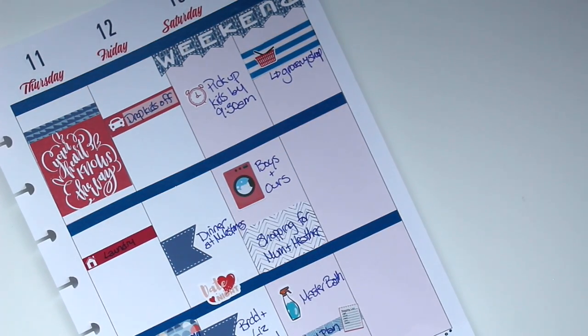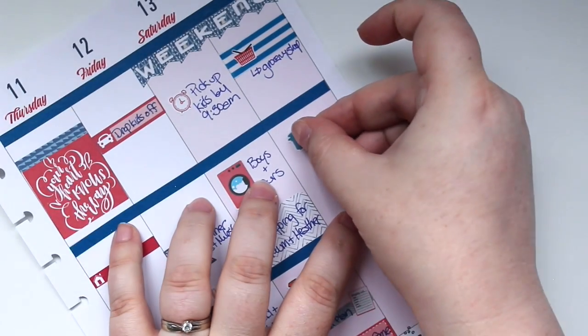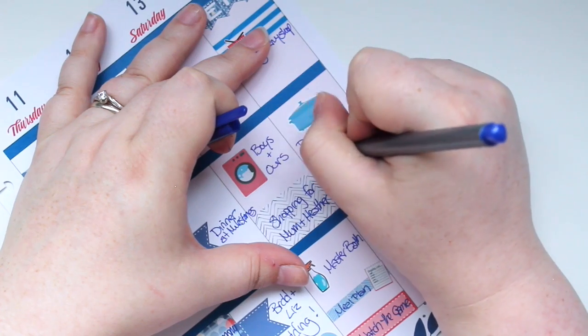And the other reason why I need groceries is that we are hosting my mom and dad for, I guess brunch. It'll be lunch, but we're serving brunch food. Because they are going to go to church and then they're going to come to our house, and that's what we're going to do. So I think I'm going to do one of these guys again and maybe this blue down here. Brunch with mom